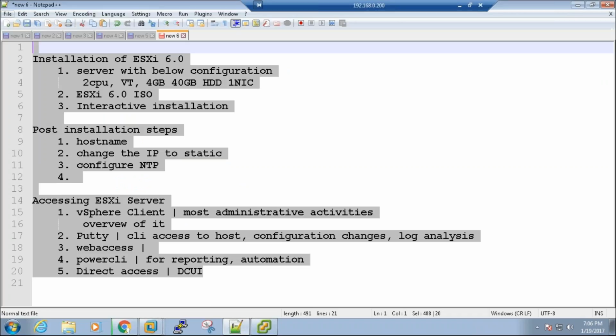I would request all of you to go ahead and practice it using the lab. The lab notes, whatever I write here, I ping you on the chat window, you copy it, and refer to the downloadable link that I sent to all your email IDs. Use that, practice it, and by tomorrow you should be done with this practical. Tomorrow we will be talking about the networking concepts of ESX server. So do you guys have any doubts?